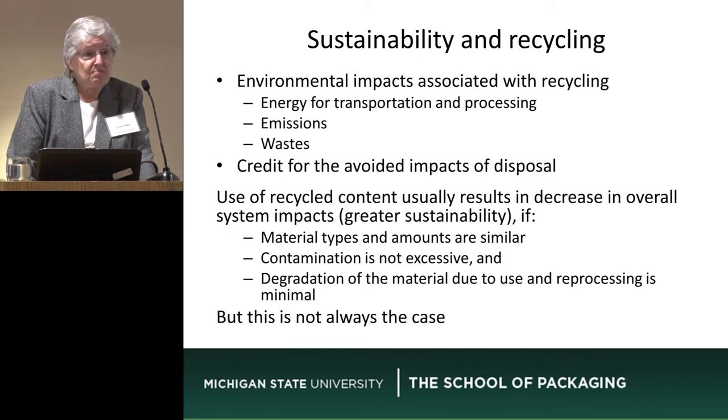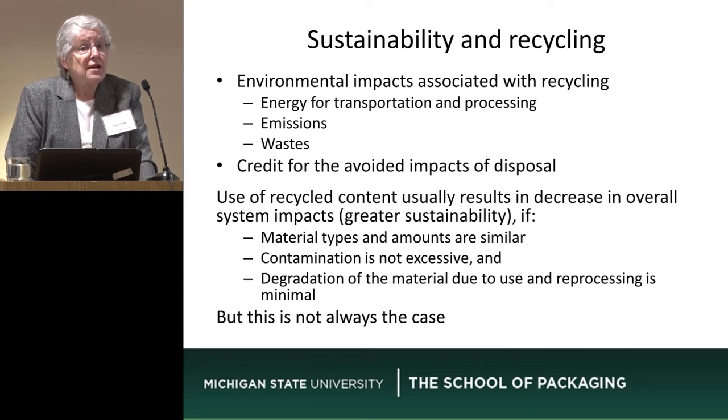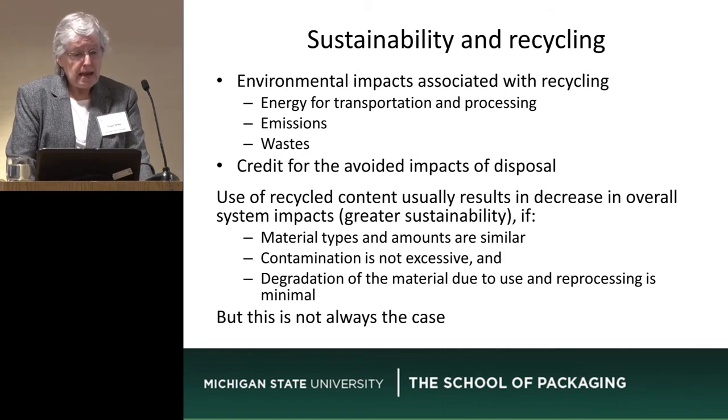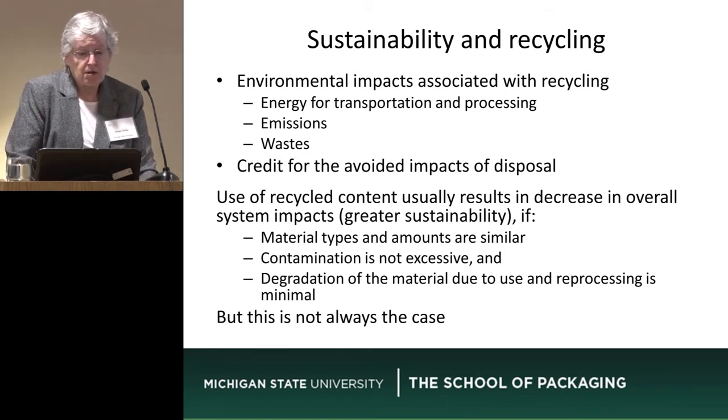You've got to pick it up, you've got to process it, you have energy and emissions associated with that. You have waste associated with the system. You do get credit for the avoided impacts of disposal, but you do have to pay the costs of actually doing it. For many materials, use of recycled content